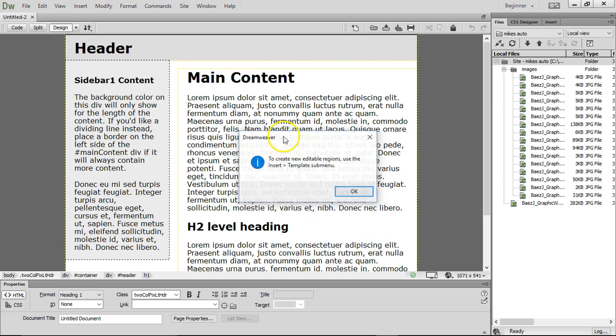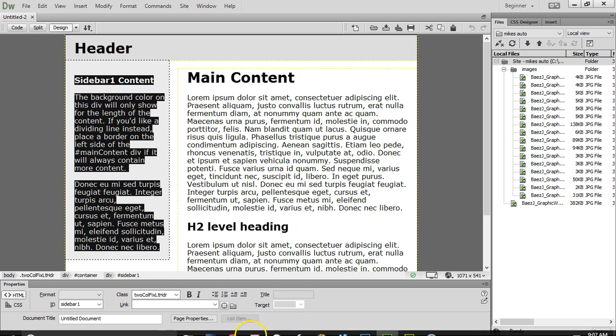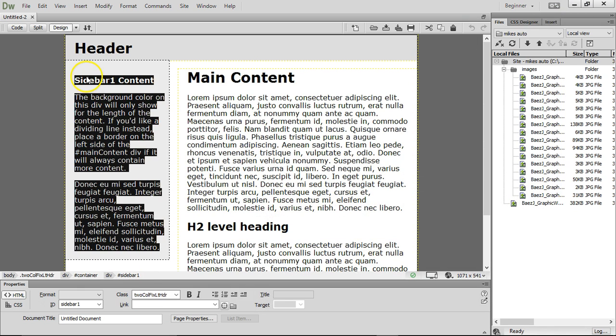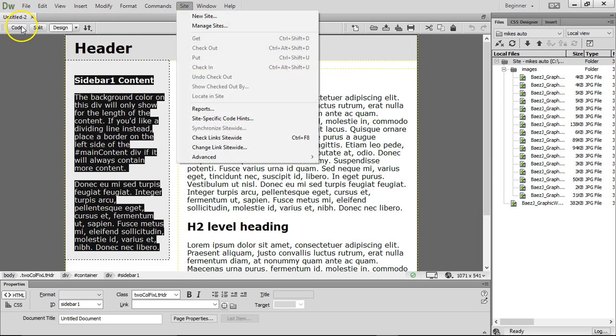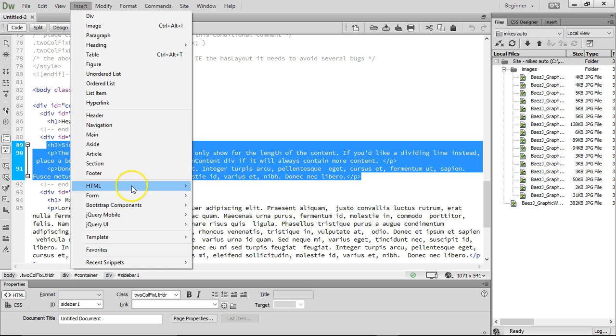Oh, editable region. Let's make an editable region here, because you're going to have in Photoshop, you have welcome to Mike's Auto Repair right there. So let's put an editable region. Insert. Let's go to code mode so you see what we're doing. I'm going to put the editable region around the HTML tags HR and P. It was inside before. Insert HTML